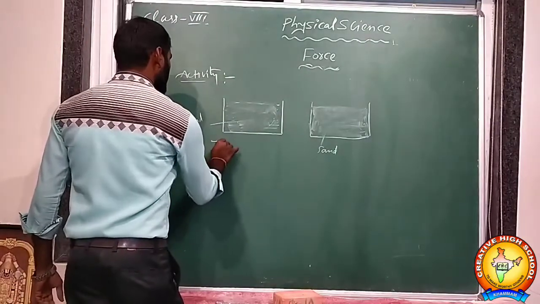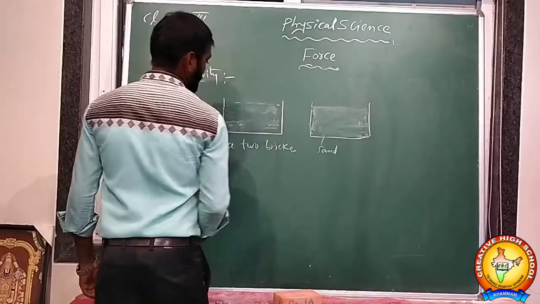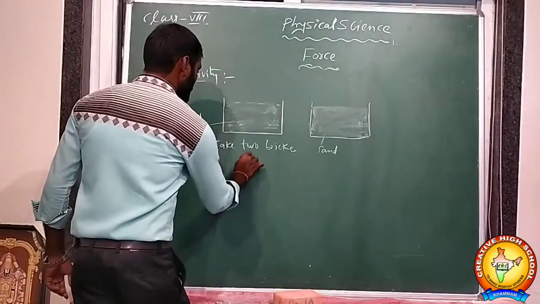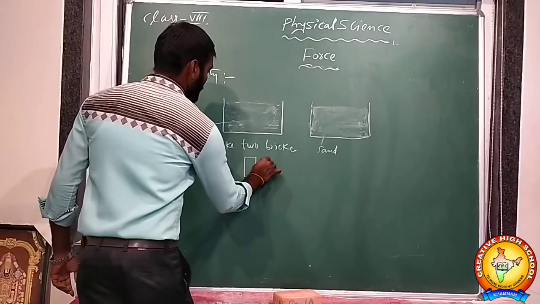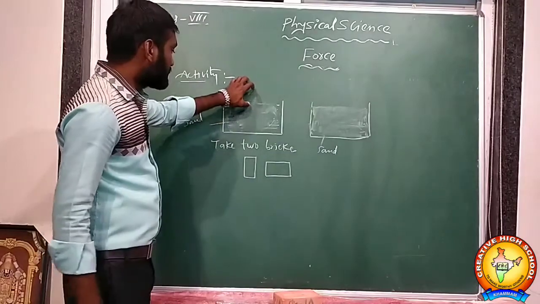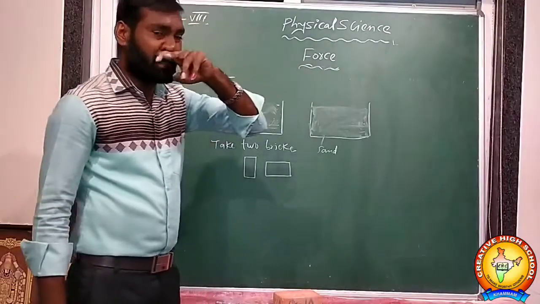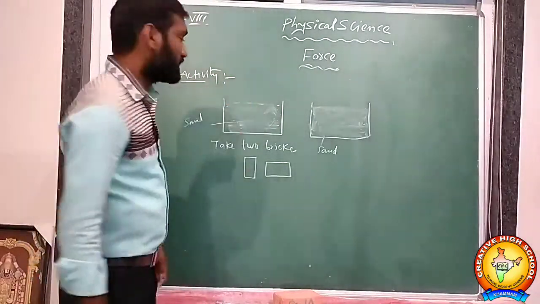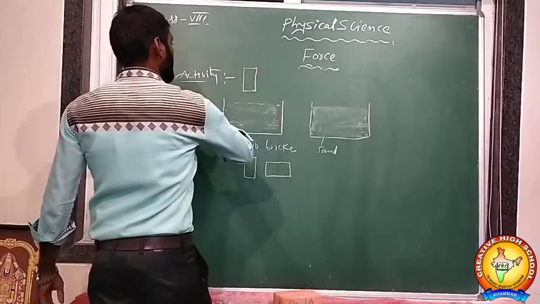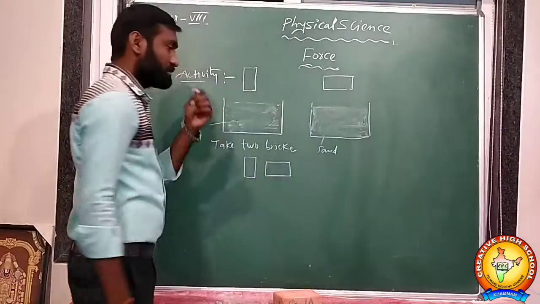So take 2 bricks. One brick you can place horizontally and another vertically. The same brick you can place vertically as well as horizontally. So in this tray you can place a brick in a vertical position at the same height. Both bricks you can leave from the same height but with different dimensions. You can leave the 2 bricks from the same height.